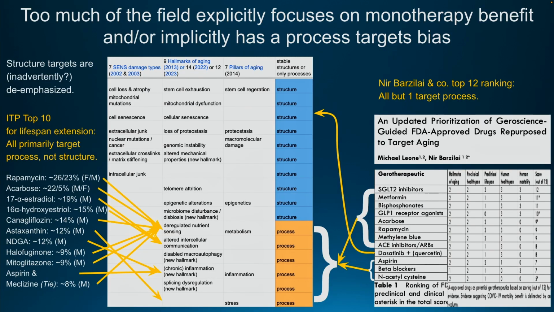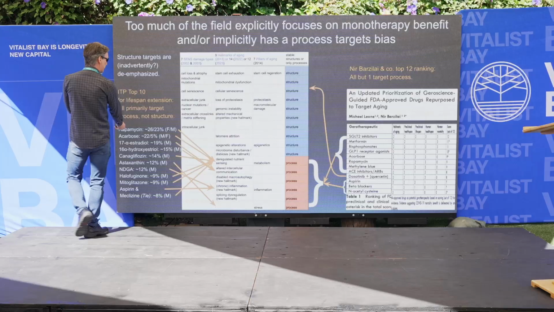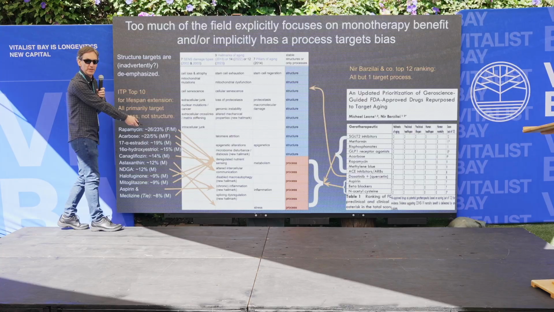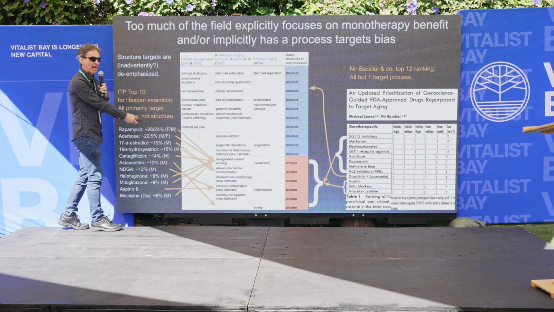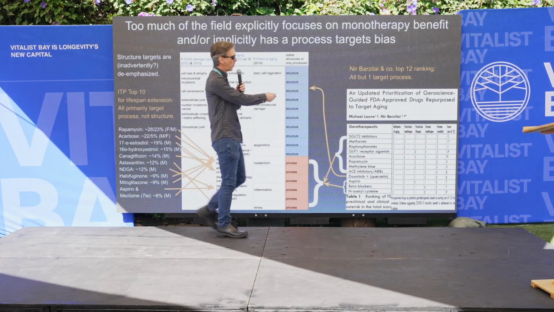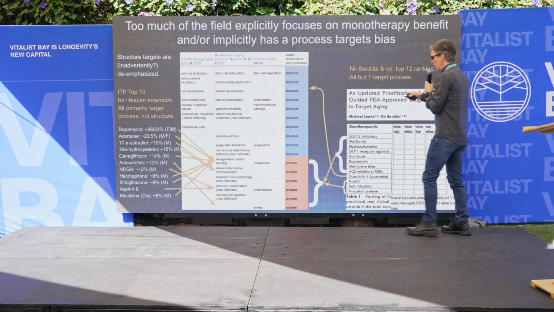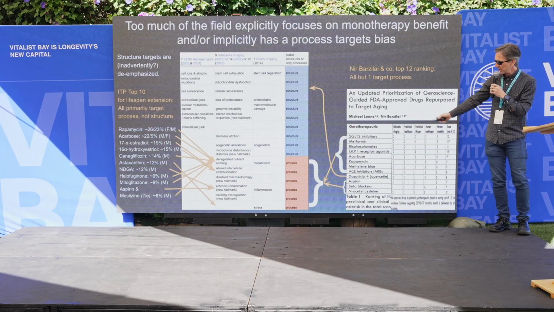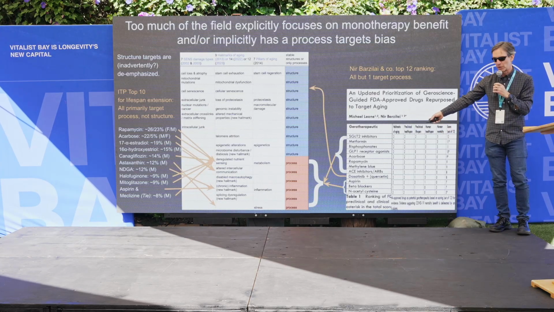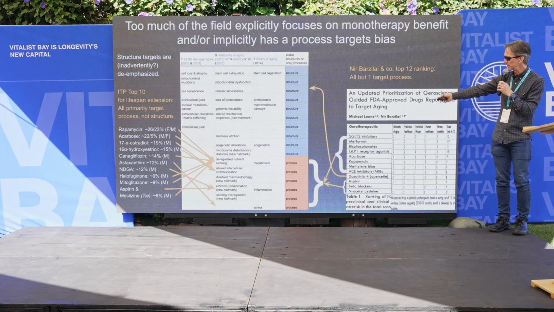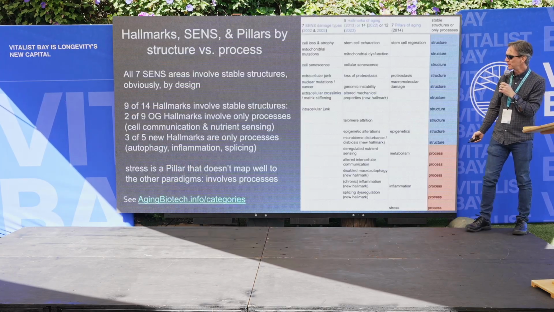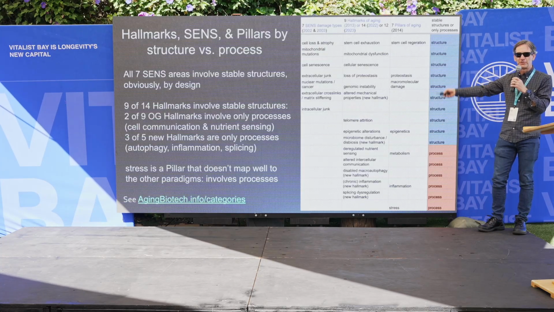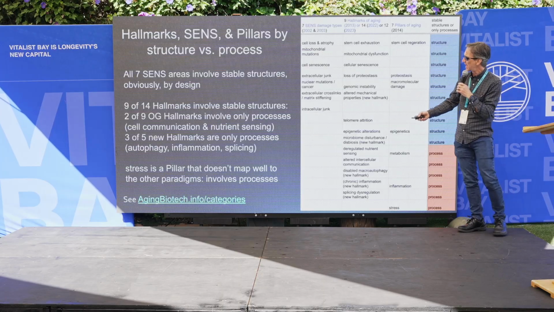What's interesting is that people talk about the hallmarks of aging and there's science on them, but if you look at what actually happens in the field, all of the top 10 ITP, Interventions Testing Program, results that extend lifespan the most all hit the areas that are process. And Nir Barzilai has been talking with some co-authors about a way to rank repurposable drugs that might be good for aging and longevity, and based on their ranking, 11 of the 12 are all things that target processes. Only one weak senolytic makes the structure cut. So we can take the basic SENS structure list plus some other ones that were less obvious